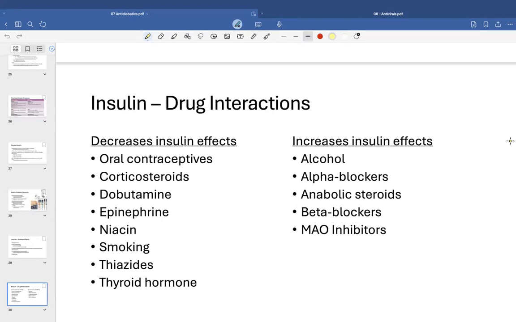Drug interactions are here. Basically, these are drugs that can either decrease or increase the effects of insulin. Corticosteroids, we cover this a little bit later in this endocrine unit. Glucocorticoids tend to increase blood sugars. A lot of these other drugs will have effects on glucose metabolism and insulin, but in total would end up decreasing insulin effects. We also get increased insulin effects from alcohol, alpha blockers, beta blockers, and